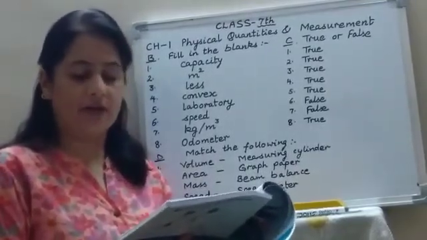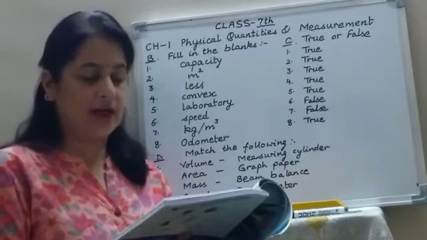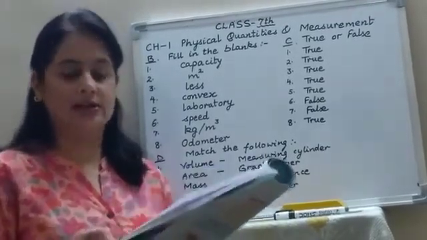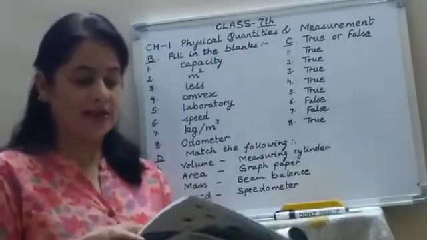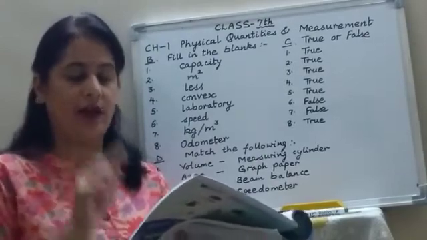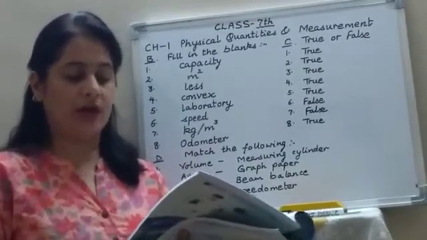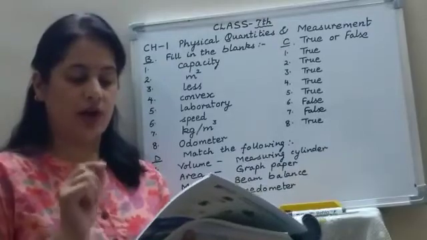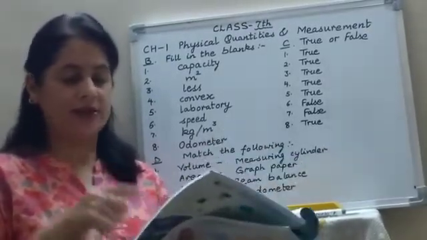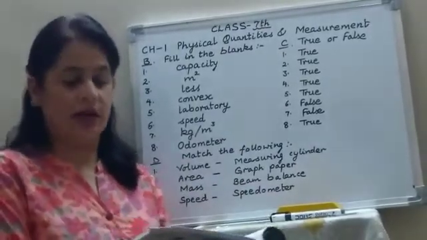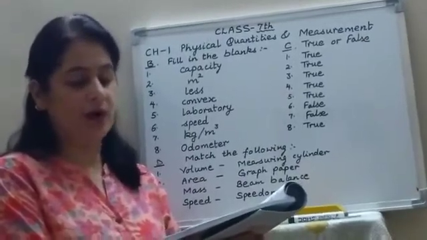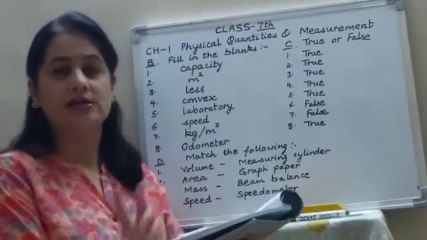Now the third question, see the diagram. They have given 3 graduated cylinders. The contents of cylinders X and Y are poured into cylinder Z. X is containing some liquid up to around 300. See the level, the upper surface of the liquid up to 300, and Y is having up to 100 ml. So now both these liquids of X and Y are poured into the container Z. So you have to tell which letter represents the amount of liquid that will be in the container Z.